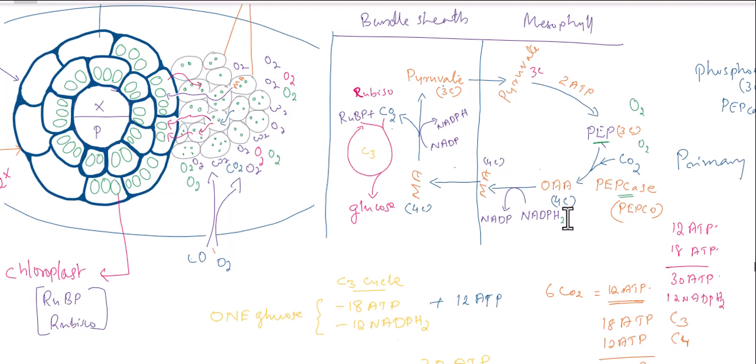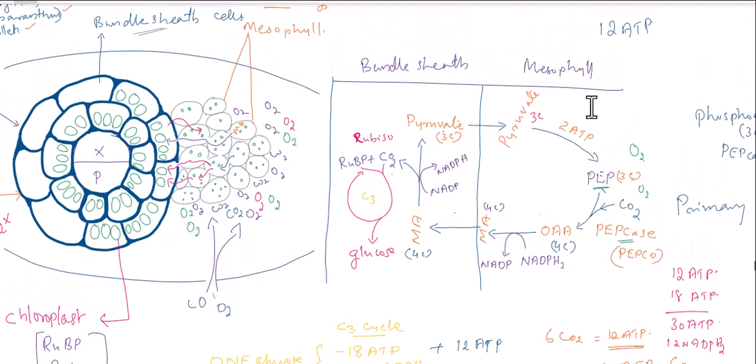Okay, oxaloacetic acid is immediately converted to malic acid or aspartic acid. Usually it is converted to malic acid. So it is reduced to malic acid with the help of NADPH2. Okay, so the reduced coenzyme donates the hydrogen ion and electron, thus it becomes malic acid. Malic acid, again the same 4-carbon compound, will be produced in the mesophyll cell. Okay, so then the malic acid, 4-carbon malic acid,